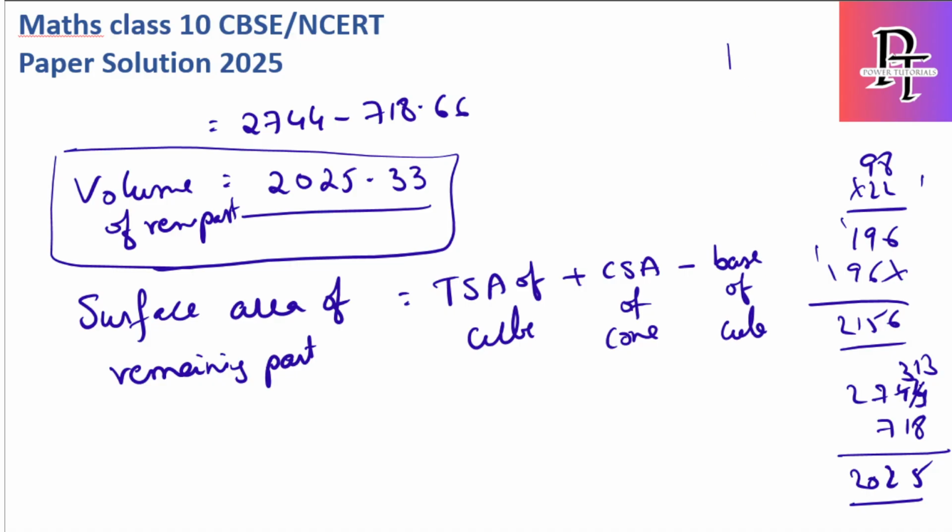Why? Because in the cube this part is empty, there is nothing here, only the curved surface area of the cone is there. From the total surface of the cube I am separating the top part. So TSA of cube formula is 6L square, plus CSA of cone is pi r L, minus